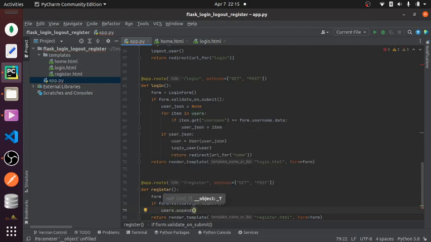So we'll have to create the user in the form of JSON. So let's create that JSON here. So we'll have ID field, which will have user ID sequence plus 1. So we'll increment it for every new user, and we'll have another field